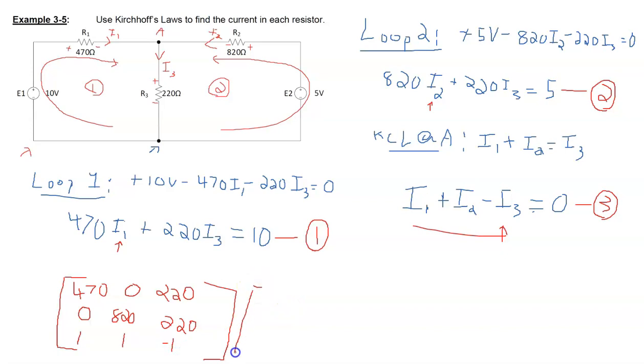And I want to multiply that by my first equation, the constant is a 10. My second equation, the constant is a 5. And my third equation, the constant is 0. And remember, it is the inverse of that, and that equals the answer. So we put this in your calculator, and you push the equal sign, and you come up with